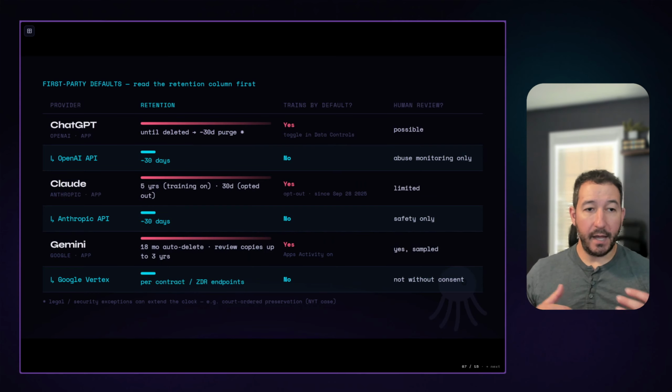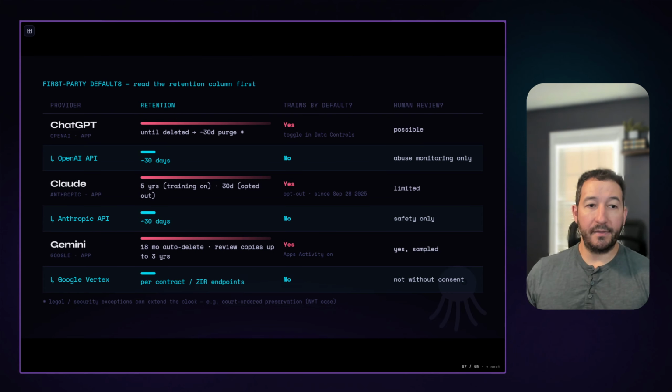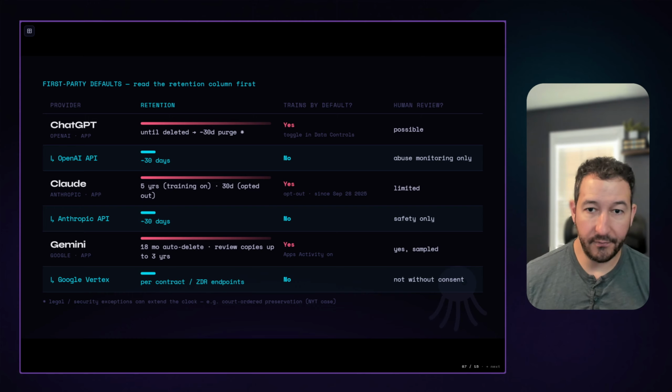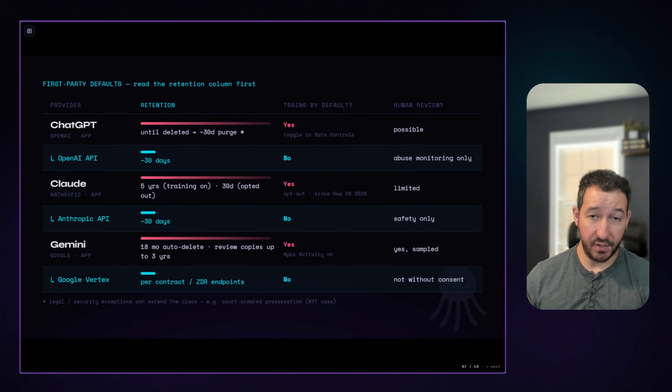So we can look at it in a little bit more fine-grained detail here. With ChatGPT, with Google, with Gemini, again, if you're using that consumer app, it's going to keep that data until it's deleted, which then starts the retention window. Now, the other thing to keep in mind is that with all of these providers, training is turned on by default. That is something you need to go in and turn off. And also, there is the possibility that while your data is there, it could get flagged for possible human review, which obviously means that someone is taking a look at your data, your context, content, etc.